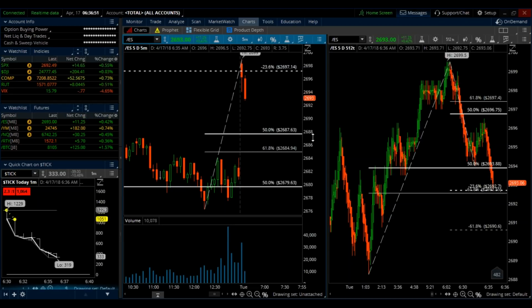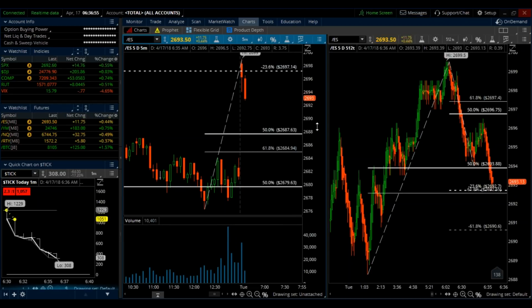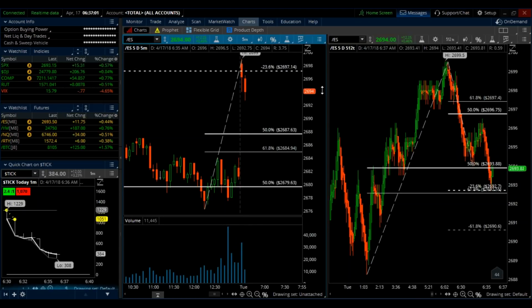That's in 2687.75, 2688s. I haven't been getting too aggressive with the first 5-minute candle because of the fact that we've been a lot of the times trading